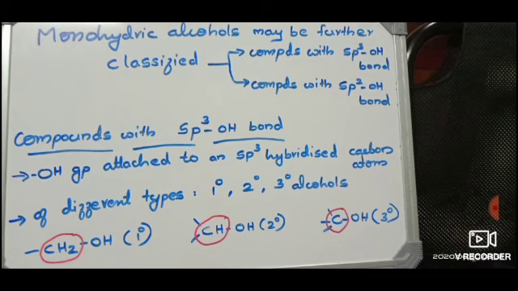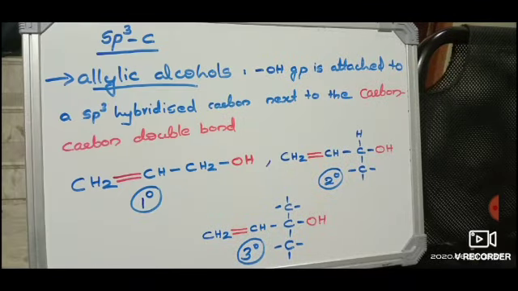So that C is not having any hydrogen atom. If carbon is having two hydrogen atoms, it is primary alcohol. If carbon is having only one hydrogen atom, it is secondary alcohol. If carbon is not having any hydrogen atom, it is tertiary alcohol. Now,